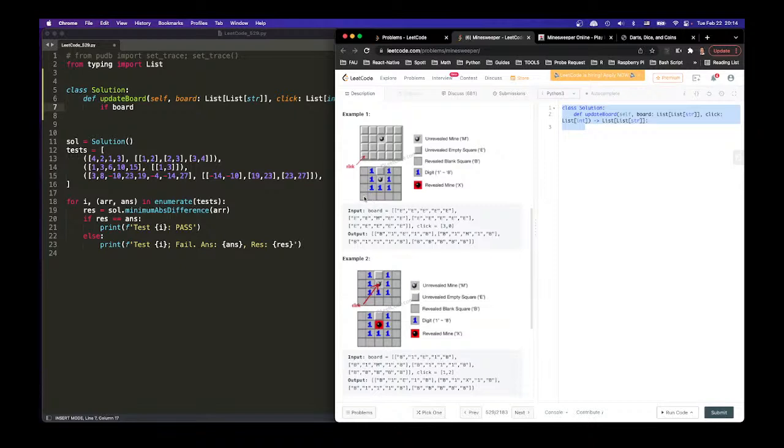So I click this, and if it's a mine, we know that. If not, okay, again, go back again. The original idea is right. If B, all right. What if it's already a B? What I said, it will only click on the E, which is unrevealed, right? So we click this,